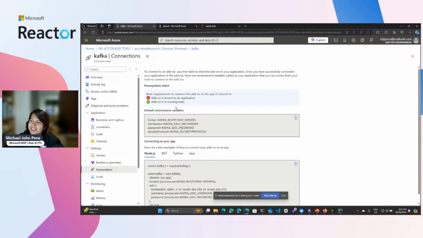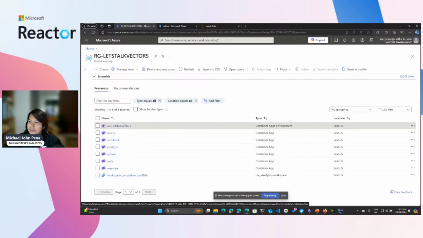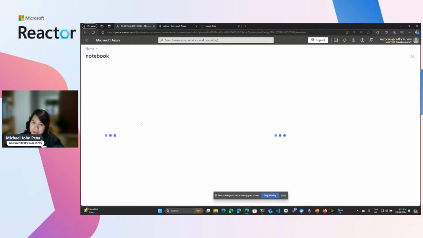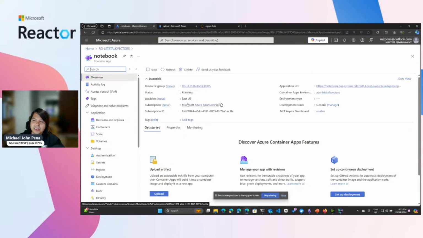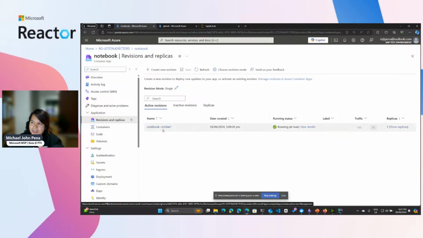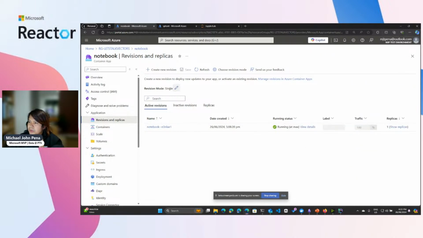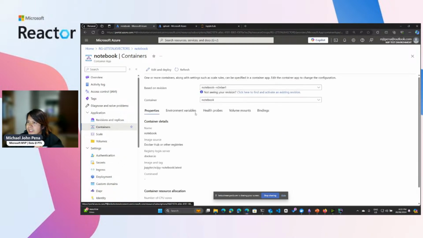Okay, so the way to bind that service is that you have to go to the application itself that you want to bind it in. In this case, my application is Notebook. I'll explain this whole notebook thing later on. So when I go here, I have to go to the actual revisions and replicas, and I have to click on the name. Sorry, I have to go to the container itself,